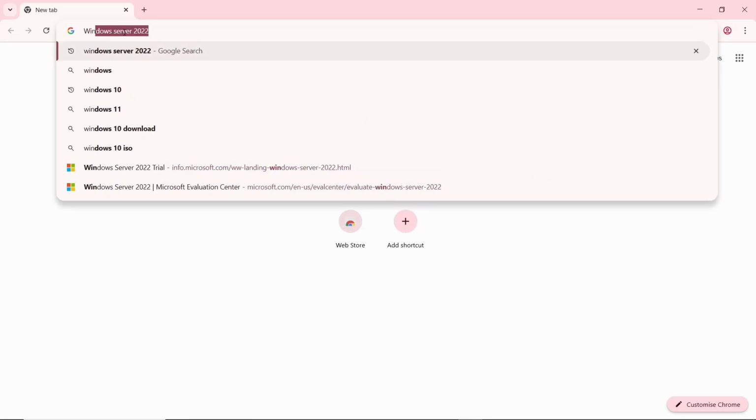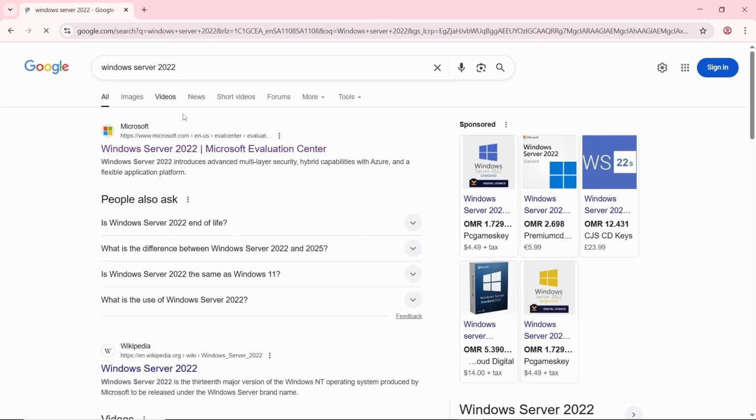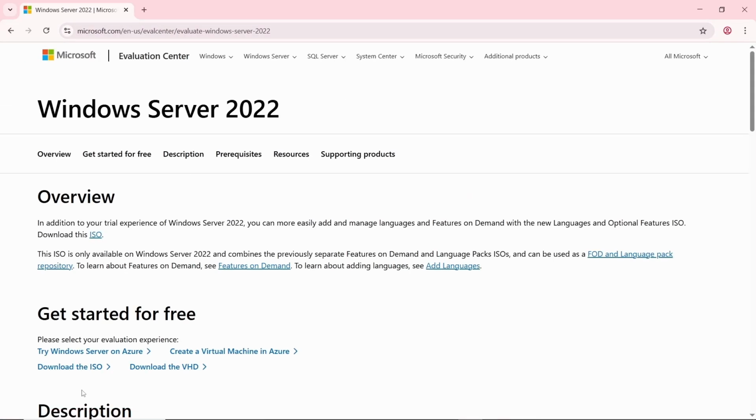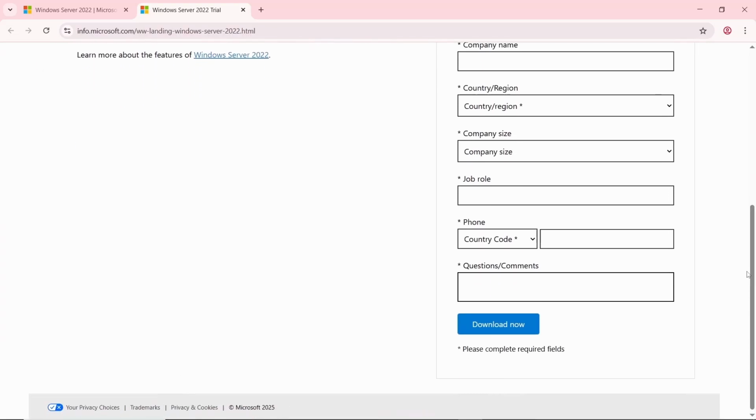Type Windows Server 2022. Click the first link. Download the ISO. To download the ISO image, you will need to complete this form and then click the download button. I'll complete the form myself, and once the download is ready, I'll come back and we'll continue with the next